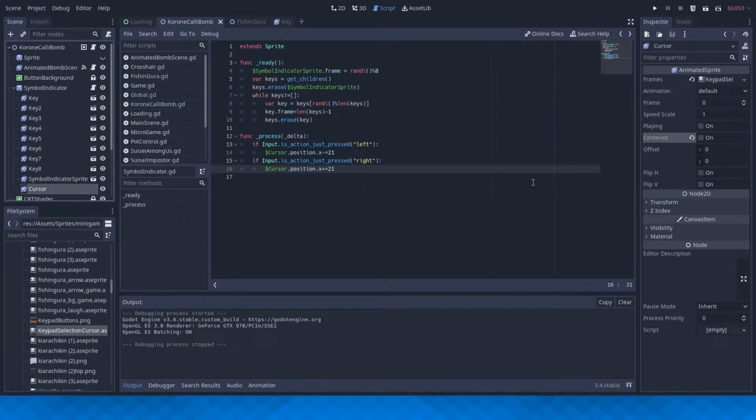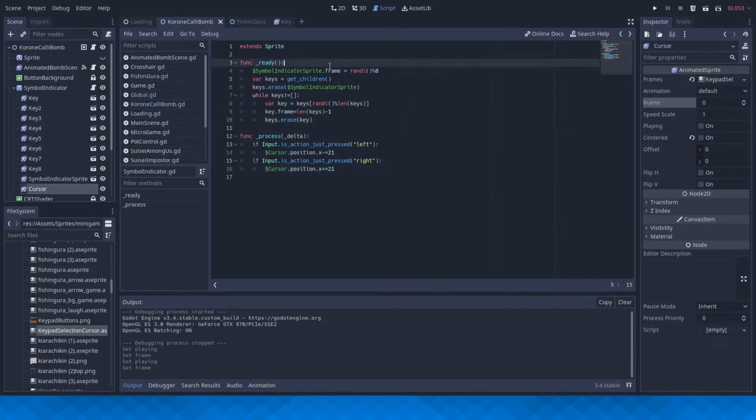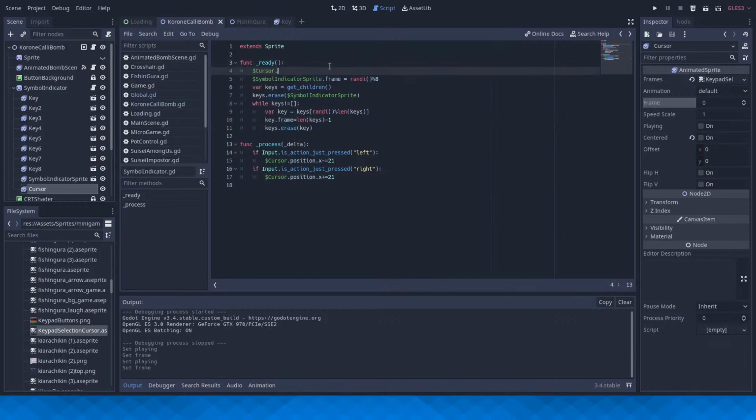I should probably do that when testing. Also, I just realized I haven't been playing the music at all. Oh, I should probably, instead of making this play within the editor, I should already do cursor.play.